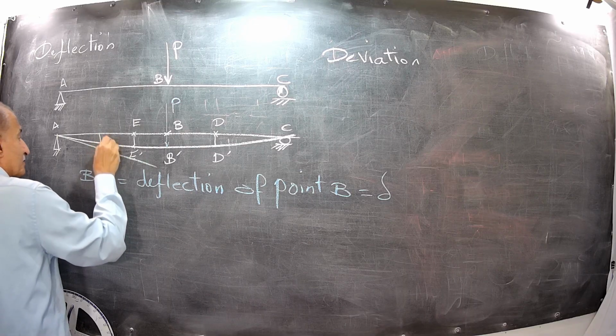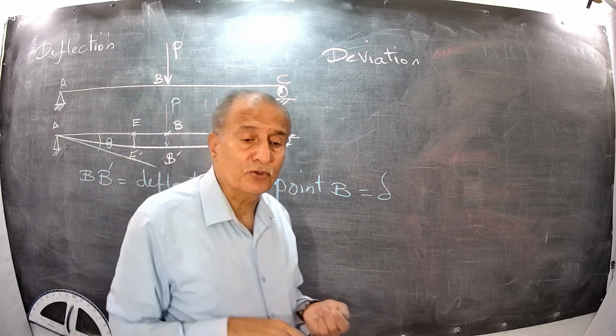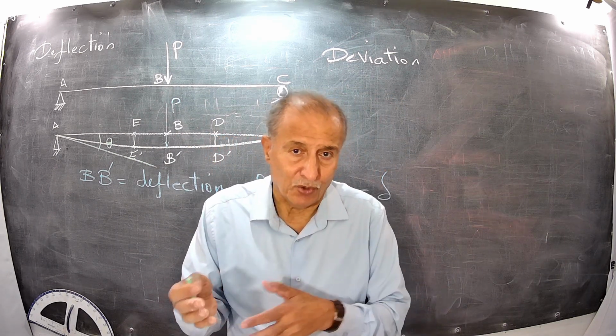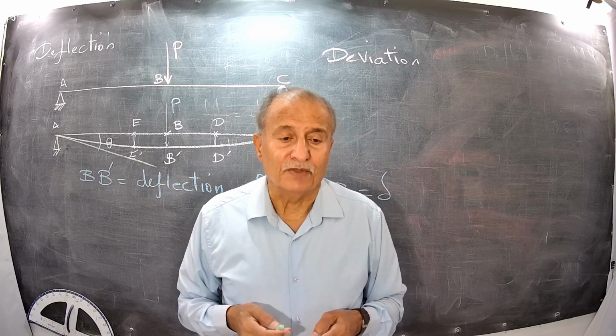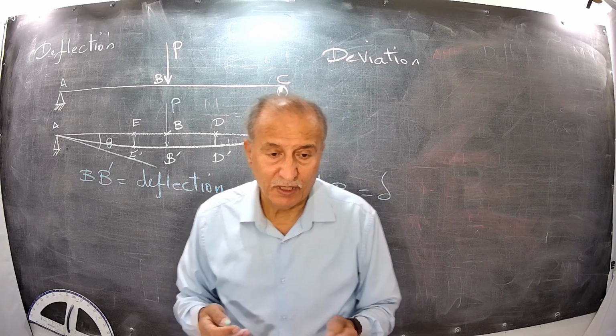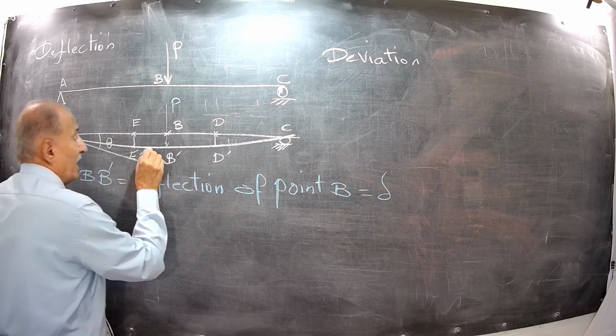We call it theta. This theta is called rotation of the beam at A, or slope of the deflected shape or curve at this point. And if I draw a tangent at B,